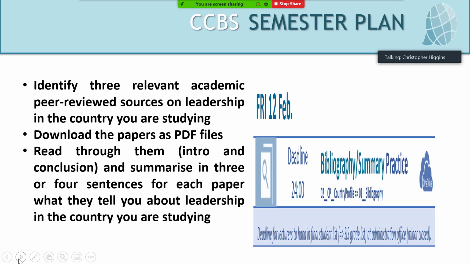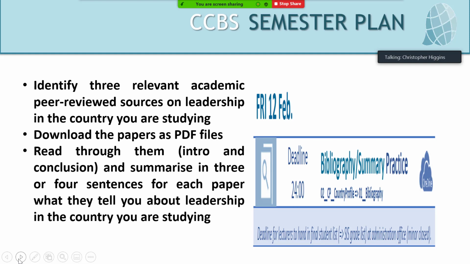You'll all be getting registered on OneDrive this week, of course. Then what I'd like you to do is read through the papers, and you don't have to read through the whole paper. Keep in mind, I'm realistic at this stage. Scan through the introductions, scan through some of the beginning of the paper, and also the conclusions of the papers,